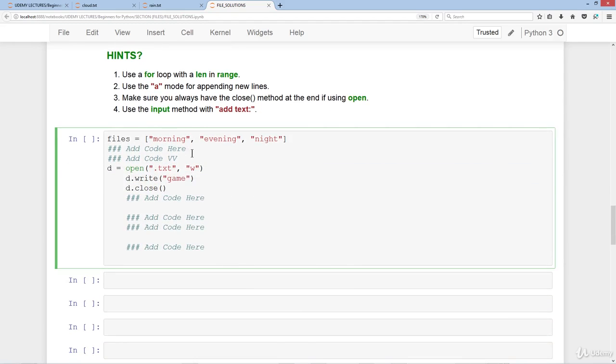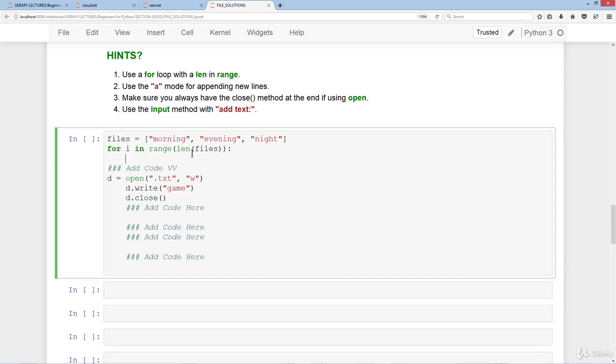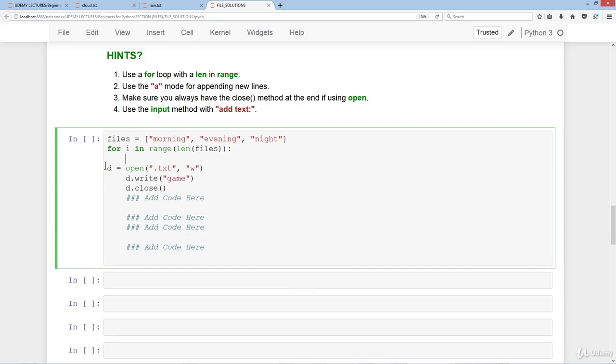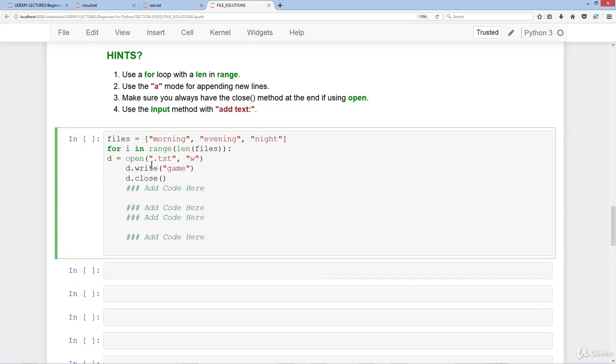So what we'll do is a for loop: for i in range, I'm going to be using len(files). Then here we're going to fill this line, and that's going to have files[i] plus,